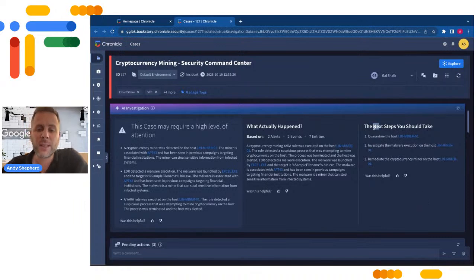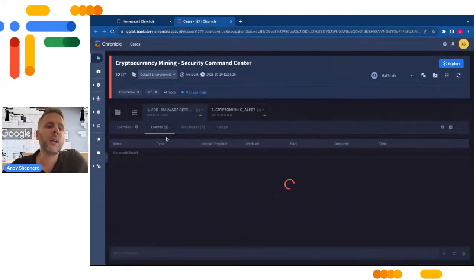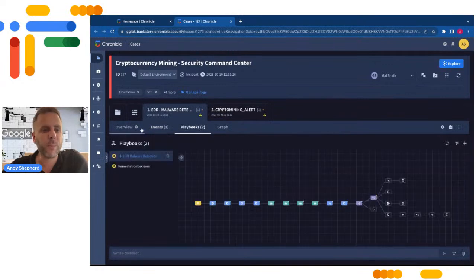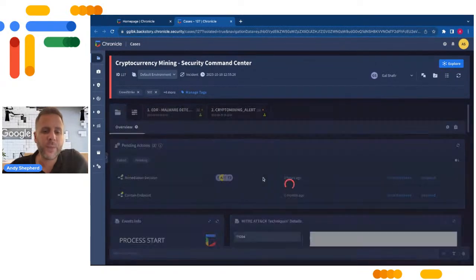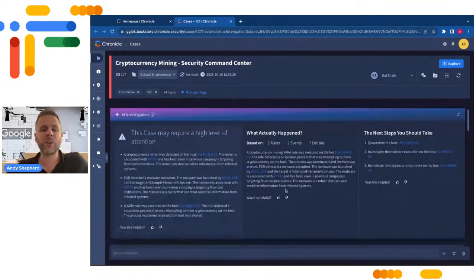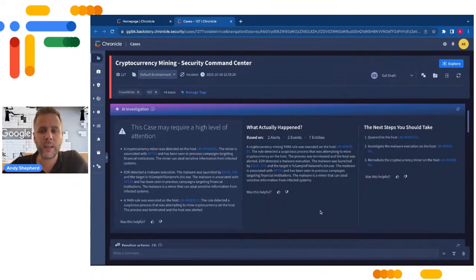And the reason why we do this, again, if this is a process you do all day, every day, you probably don't need this. But when we're talking about new alert types, things you haven't seen before, maybe you're looking after a host that you've not had to work for before in that business, and all of this is across industry best practice, so that as a SOC manager or a CISO just logging into this ticket without having to dig through all the different alerts, reading through all the different event keys, looking at what the playbook does, looking at the overview. This is just a 10-second, everything you need to know about the case. And again, if it's not a process you know, it's a great start to really, again, time to value,